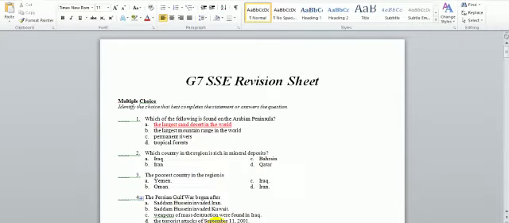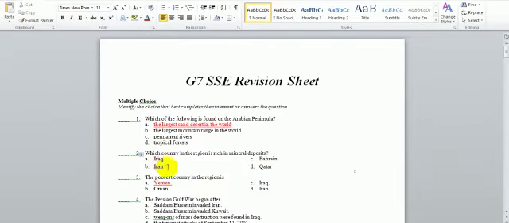Number 3, the poorest country in the region is, of course, Yemen. It is Yemen. And number 2 was Iran. Number 4,